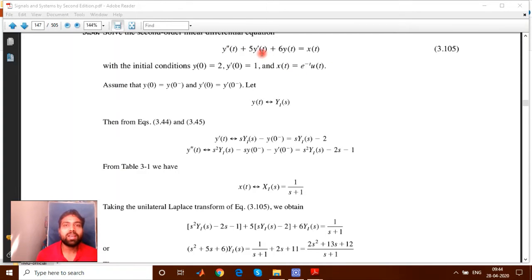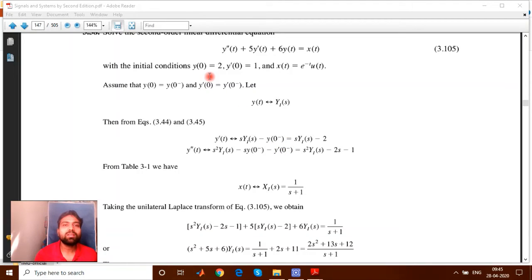The y'(t) will tell you that if you have the Laplace transform of y(t), whatever the y(t) is there, and you write it as Y(s), it can be written with this formula: sY(s) minus y(0-). So these are the initial conditions. Whether in this question the initial condition is given or not, if it is given, you have to put that initial condition. Otherwise, you have to assume that initial conditions are 0. Initially, it means the system was at rest. This initial condition only tells you whether it was working or it was at rest. So if initial conditions are 0, that means it was at rest.